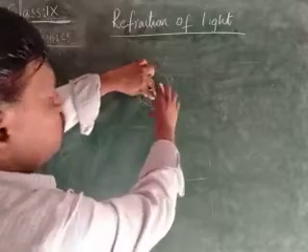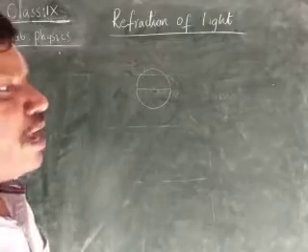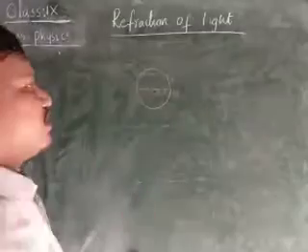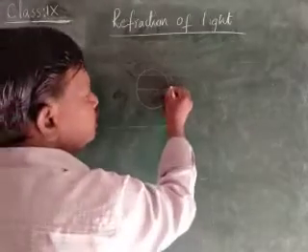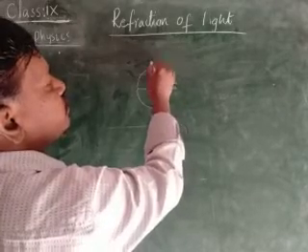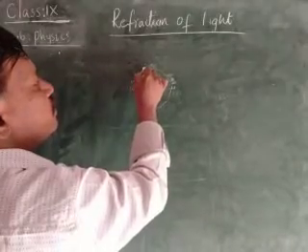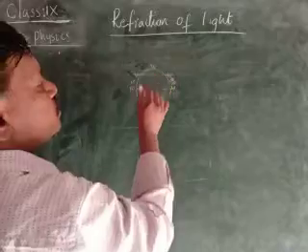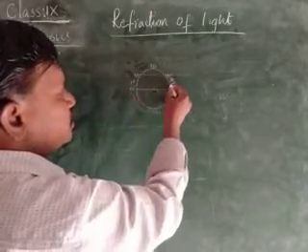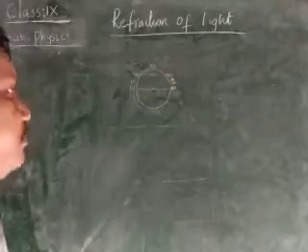Okay, and after drawing like this, you should indicate the markings, children, by using the protractor. Here 10, 20, 30, 40, 50, 60 up to 90, children. Here also again 10, 20, 30, 40, 50 like that up to 90. Here also up to 90. That means all the 10s are concentrated over here, children. 90 is in the opposite direction.